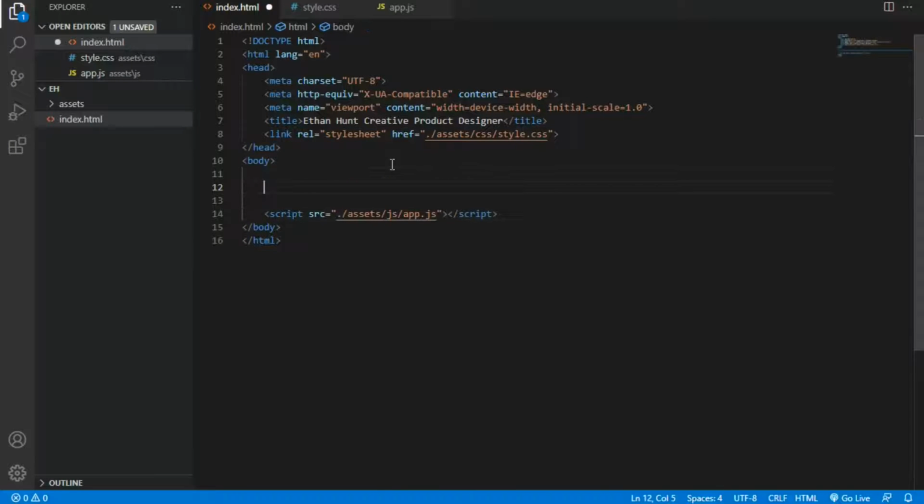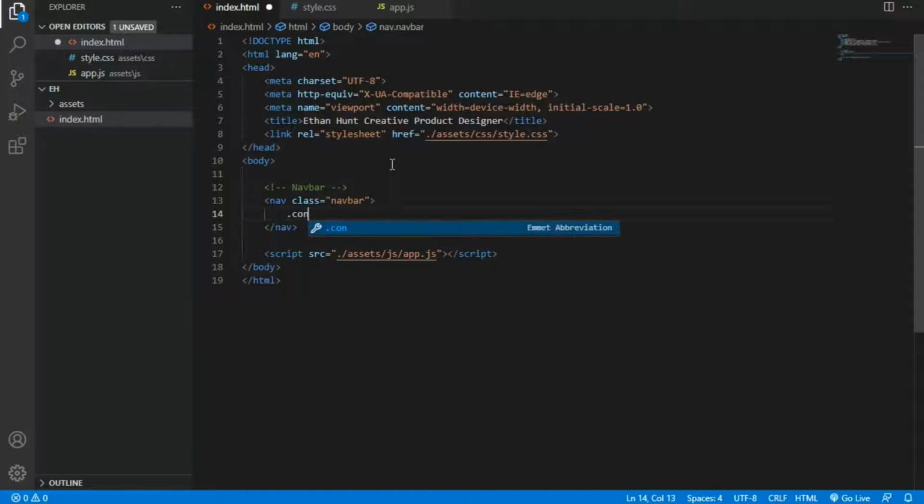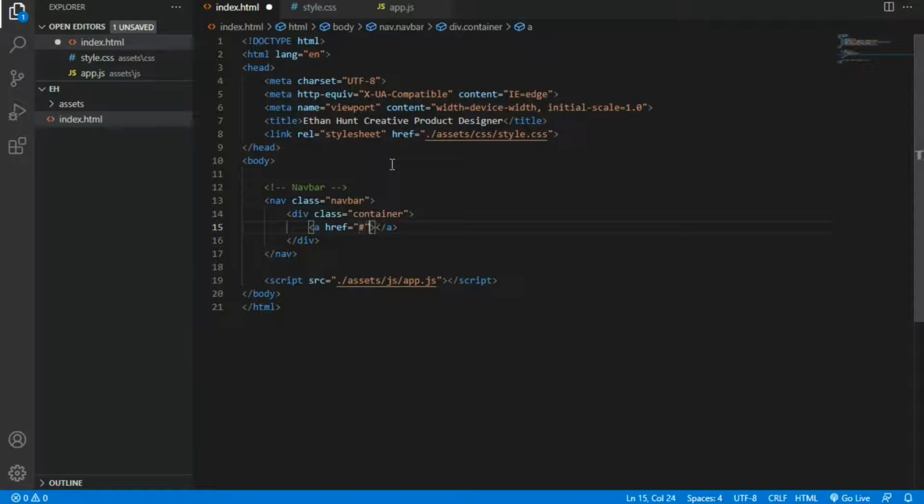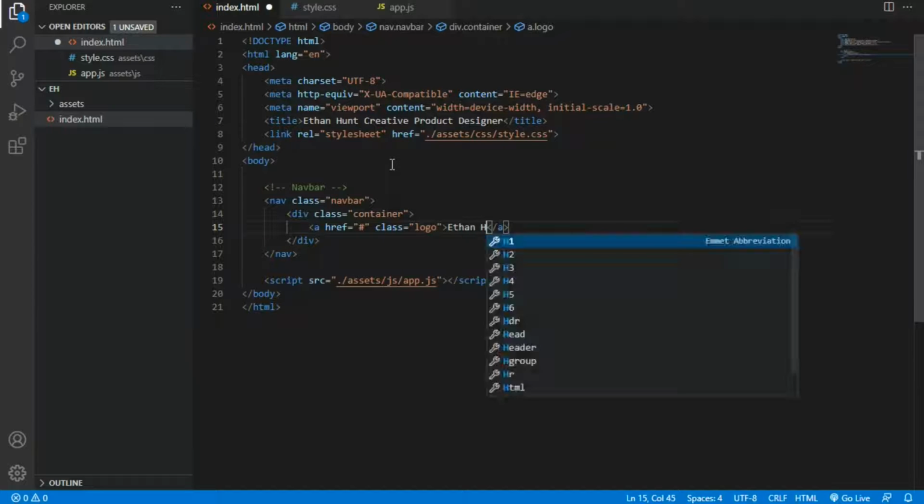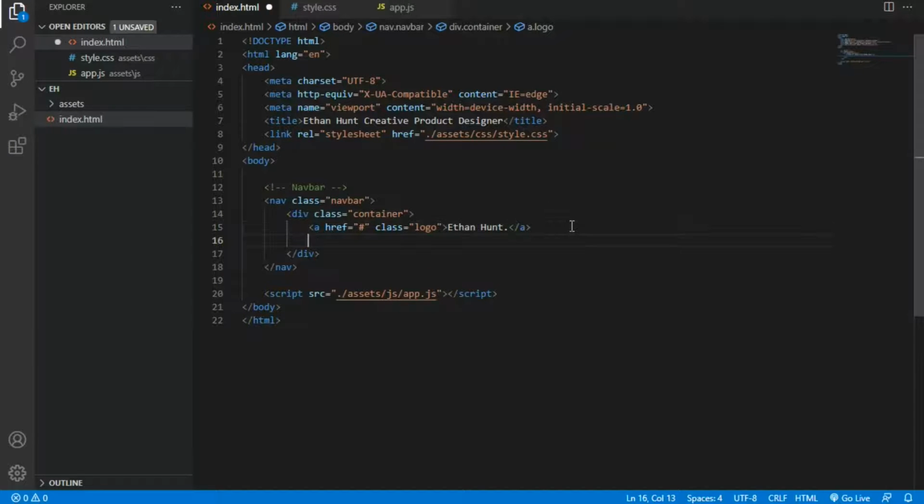Okay, here I'm going to create a navigation bar. Okay, I'm going to type nav, and I'm going to give a class navigation bar. Inside this navigation bar I'm going to create a container class, and here I'm going to create an anchor tag, and I'm going to give a class logo, and I'm going to type Ethan Hunt. Okay, and after the logo I'm going to create a div, and I'm going to give a class navbar nav,